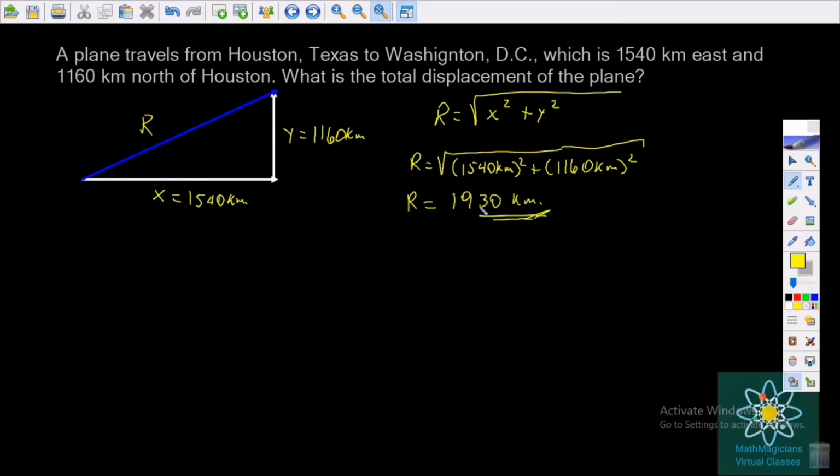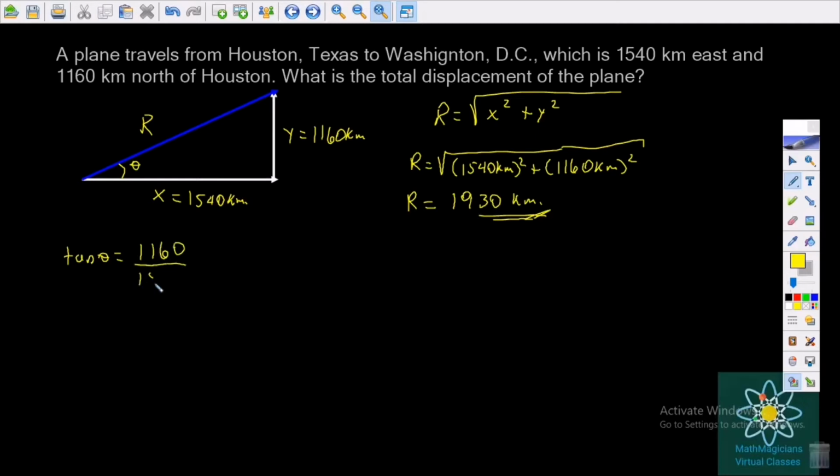The significant figure video, remember, is one of the first videos uploaded. Once you have your resultant, you have to look for the angle, the direction. The angle, when the components are given, is easier to use tangent. This is when the two components are given. Tangent of the angle is opposite over adjacent. So it will be